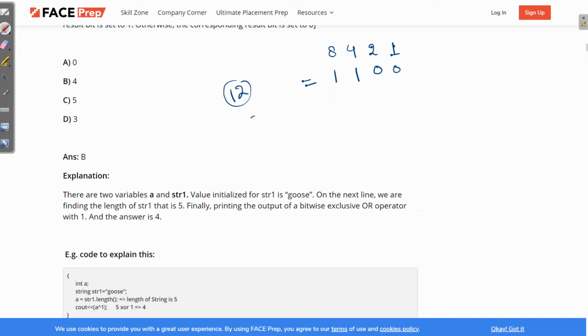Now if I have to make 6, how will I do it? 6 can be made from 4 plus 2. So I will place 1 under 4 and 1 under 2. The rest of the values will be 0. Fine. Now if I want to make 15, how can I do that? 15 can be made from 8 plus 4 equals 12, 13, 14 and 1, 15. So this is the binary representation of 15. Now if I want to make 3, how can I do that? 2 plus 1, 3. The rest of the values will be 0. So I think you have got a basic understanding of how to convert decimal values into binary values.